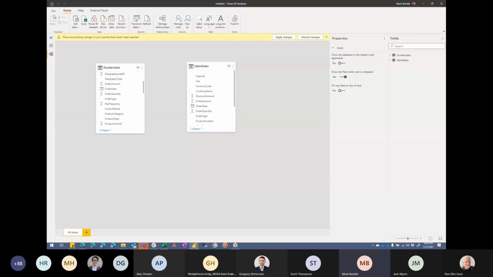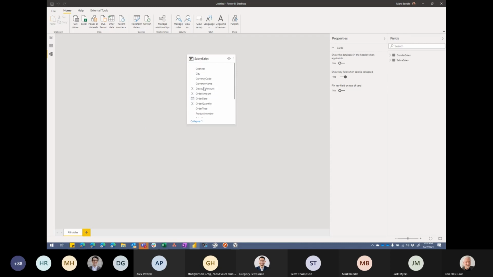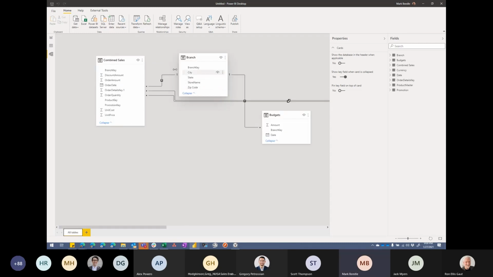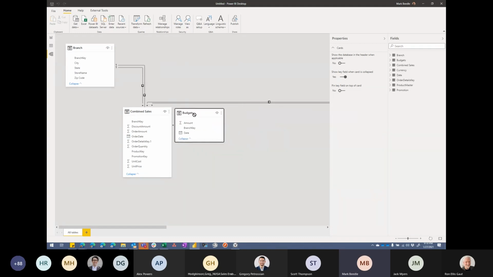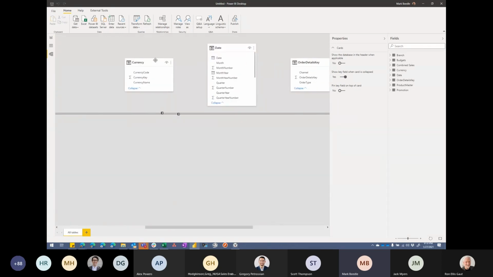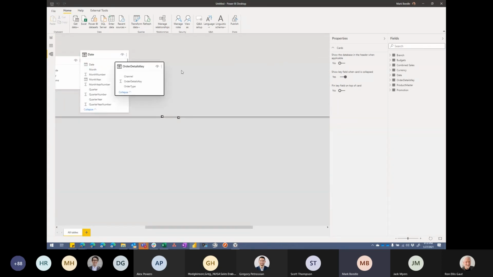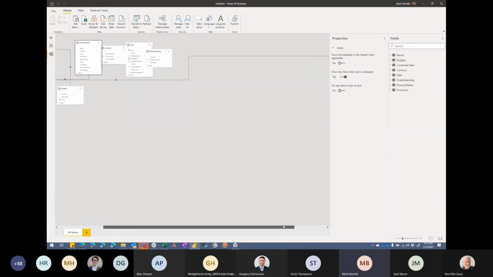I feel like I took my Franken table and came up with a star schema. We'll see what happens. I don't remember if I have auto detect relationships turned on or not. Let's cross our fingers. All right, so I'll be honest, I'm not going to make a star schema. I'm going to use the Collie method since I work at P3. Let's move some of these tables over. Some of them picked up, some of them didn't.